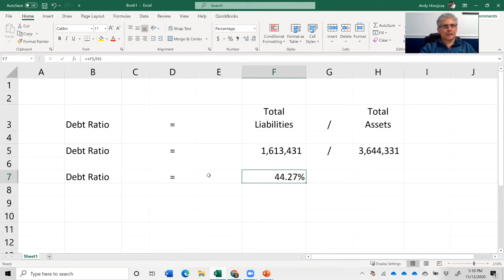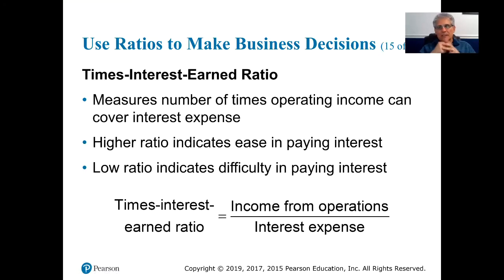44.27%. What this is saying is that of the total assets, 3,640,000, actually this is 3 billion, right? 3,644,331 of the total assets, 1,613,431,000 is financed through the debt. That's 44.27%. Moving back up to slide 36, the next ratio is times interest earned, and the first bullet point